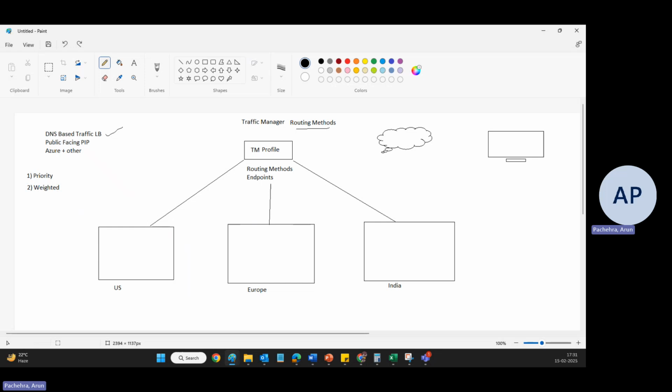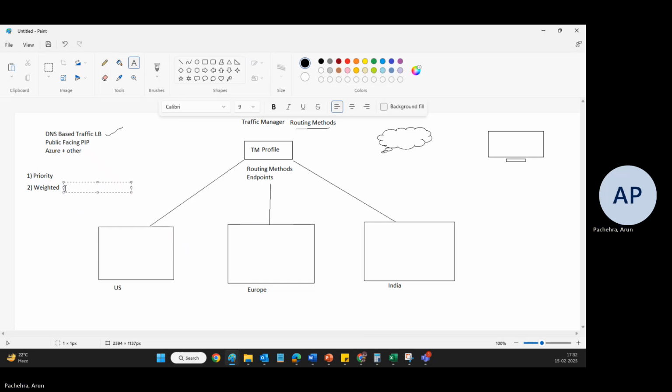Okay. Now, if you're wondering when should we use it, just think about it. We can use it when we are rolling out a new version of an application, like A and B testing, right? Like A/B testing, where we would like to give the weightage like 10% to go to the new updated version of the application, and the rest will be on the old version. And once we have the positive feedback, once we are aware everything is fine, we can keep on increasing the weight, right? Or for load balancing between regions